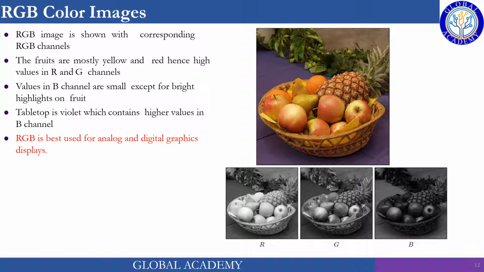So you can see mostly fruits are yellow, reddish or some green color. You can see there are high values close to 255, bright colors, in the red component, and then in the green component we have once again high values, or middle values.